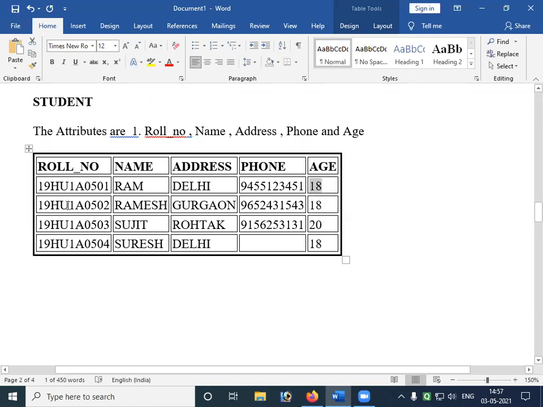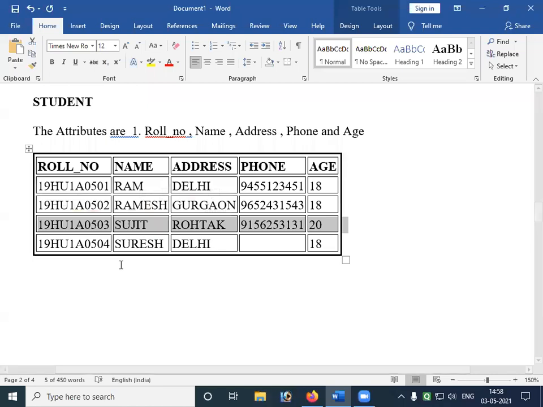Similarly, what about 502? 502's name is Ramesh, address is Gurgaon, phone number is 9652431543 and age is 18. Similarly, 503's name is Sujit, something like this. One row completely tells you about one student's complete details.